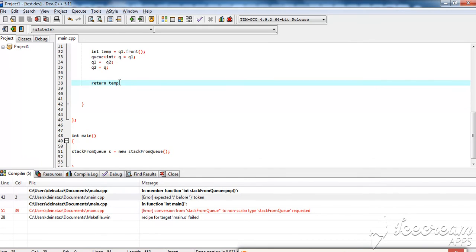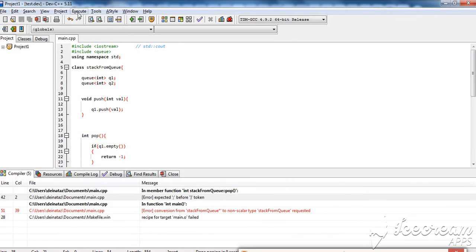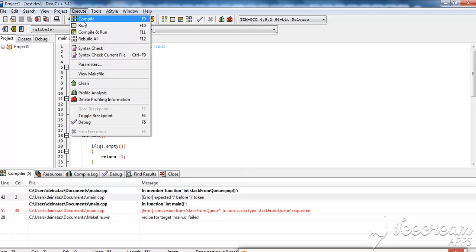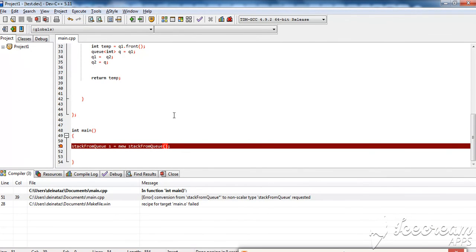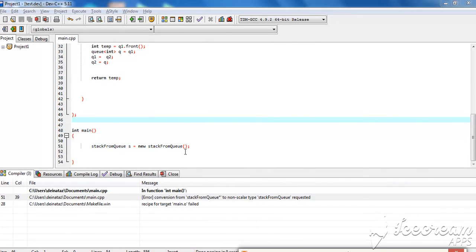Okay, I'm missing here a semicolon. Let's save and run again. I removed this public from here because I don't need it. Actually, by default it is okay. So now there is something wrong here. I think this is not the way I should declare my class objects in C++. Maybe I'm using the Java syntax. Let's see. If we just do it like